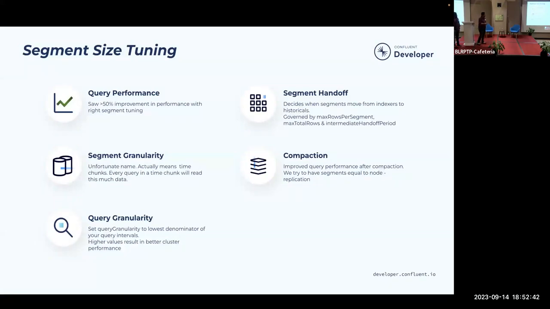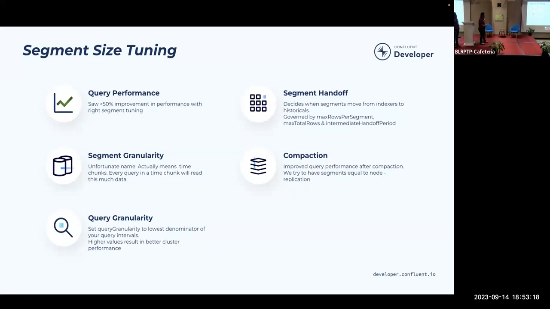About a month ago, we spent time trying to optimize our segment sizes. Because we get more and more data, our query times would gradually get worse and worse. So at one point, you have to sit down and figure out a solution, right? We started looking at our segments and how we can tune the size to get good performance. After we did this activity, we saw over a 70% improvement in the average case, and sometimes the performance was as good as 70, 72%. So what did we do to get this?